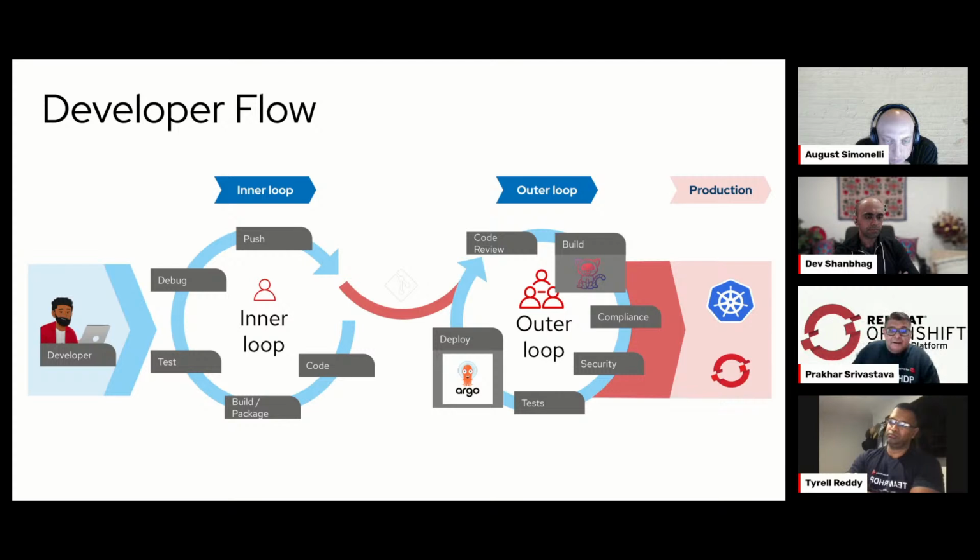Now, if you see here, security is in the outer loop, where traditionally we keep security at the end of the development cycle, which we want to change. We want to bring security in from the point when the developer starts writing their code in their IDE, whether their favorite VS Code, or Nano or Vi or whatever they want to use as their IDE. So we want to bring security in there. That's something we want to talk about in today's session.